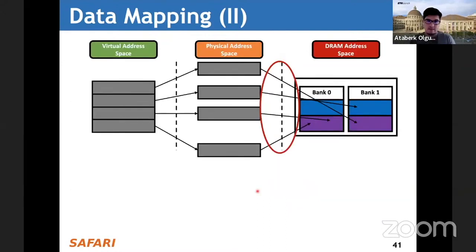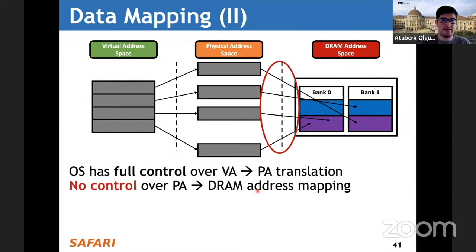The key idea in providing such an allocation mechanism is that today's systems usually have 2 layers of translation between program observed addresses, the virtual addresses, and physical DRAM addresses. We see that the OS has full control over the virtual to physical address translation, but it does not have any control over the physical address to DRAM address mapping.